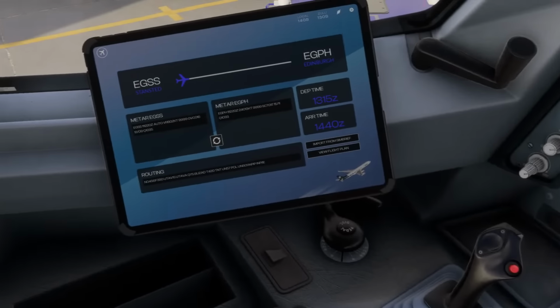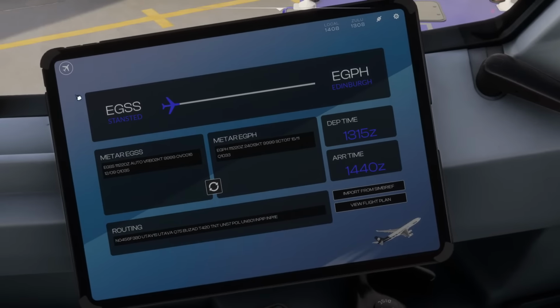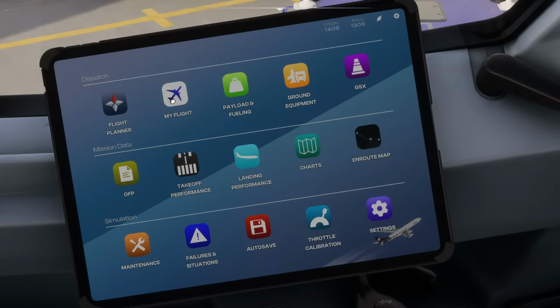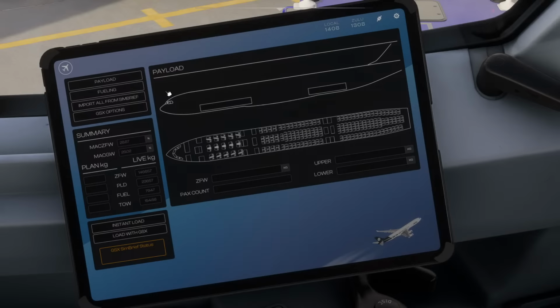We need to come over here before we do anything else and go into payload and fuel. Actually, if we did this correctly, we could go and edit it in Simbrief before we pull it in, but I think there's usefulness in changing it in the aeroplane to show you how to do that. So we're going to go to payload and we're going to import all of this information from Simbrief so you can see all the numbers appearing, do an instant load. Payload set to aircraft,